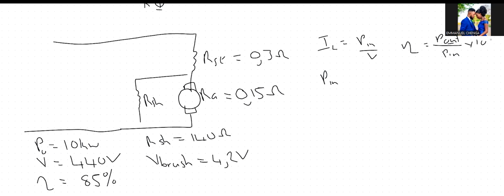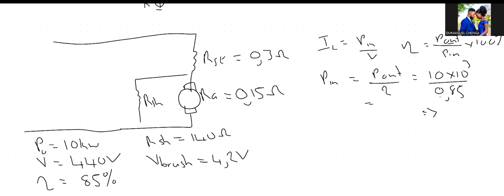So here it will be P in equals P out divided by your efficiency, which is 10 times 10 to the power 3, since it's in kilo, divided by 0,85. I divide my 85% by 100, and then we can have the input power,